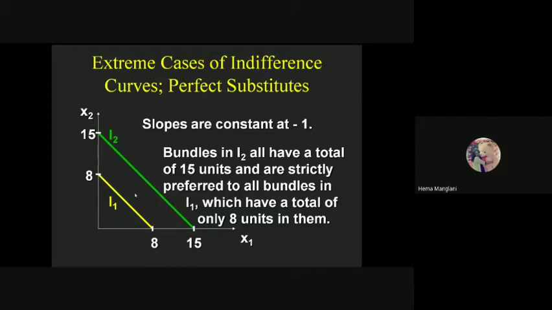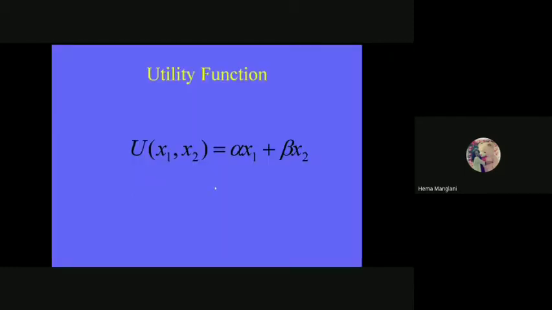Okay. The utility function for perfect substitute goods we would be following like this. We have a two goods utility function, x1 and x2. So alpha x1 and beta x2. If you are increasing the proportion of x1, then x2 would be declining in the same proportion. Okay, that's why the slope we have is equivalent to -1. So if alpha is increasing, then beta has to reduce.